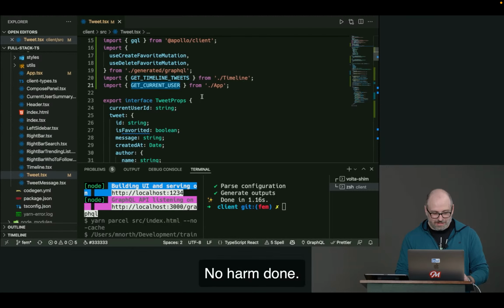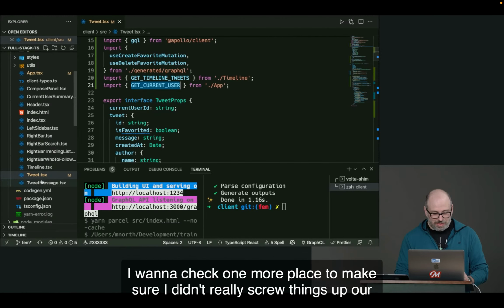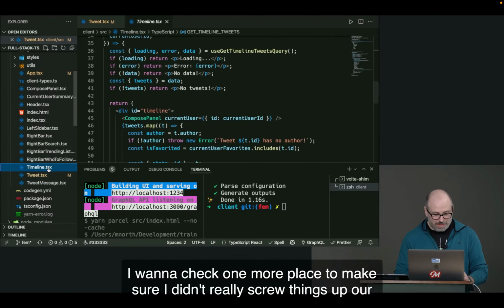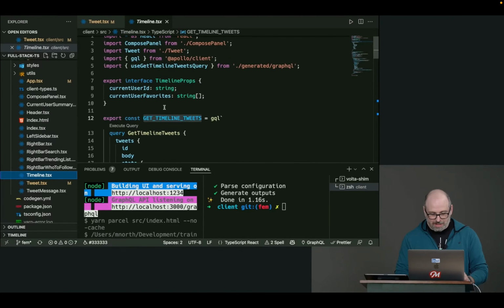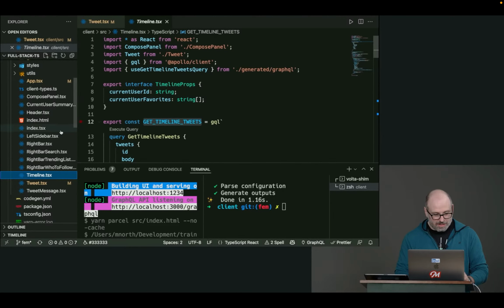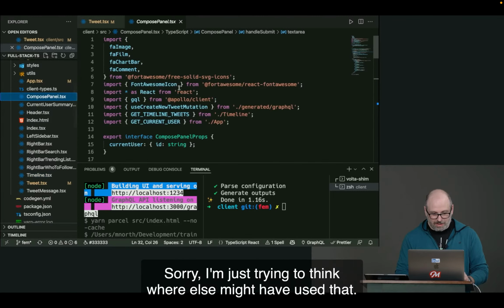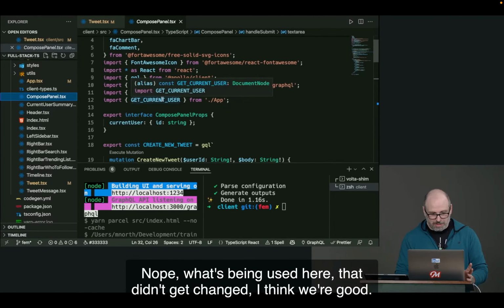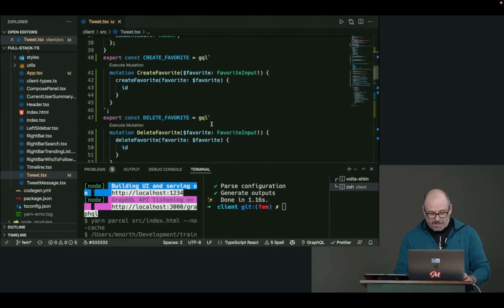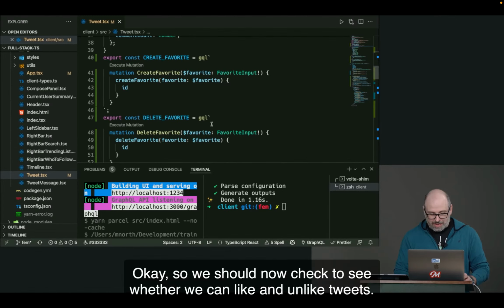No harm done. I want to check one more place to make sure I didn't really screw things up. Timeline. Sorry, I'm just trying to think where else might I have used that. Nope, it's being used here. That didn't get changed. I think we're good. Okay, so